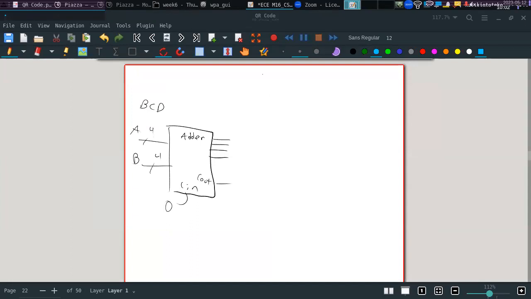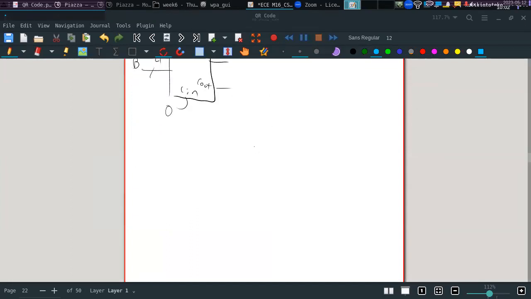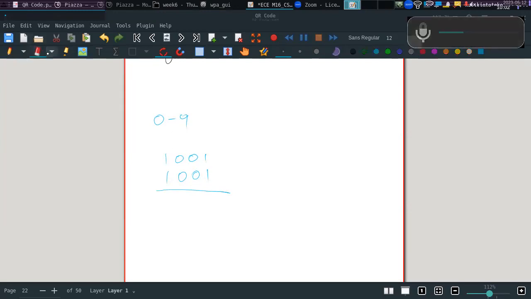So BCD goes from 0 to 9. We're having two BCD numbers added together. So what happens if we add 9 plus 9? Well, this is 18, no? So this is 1 plus 1. Okay, this will actually have a BCD representation, but let's assume more like